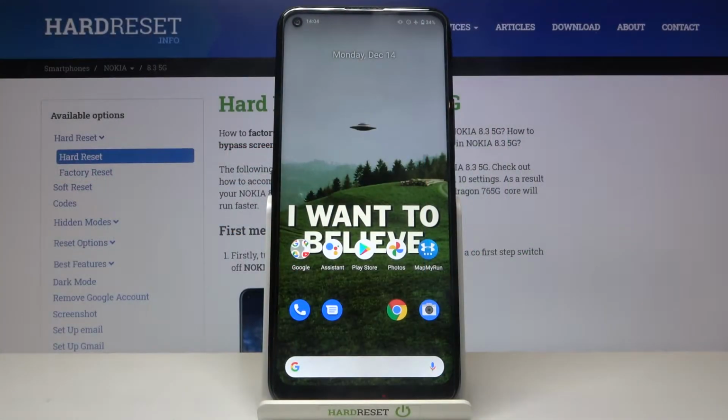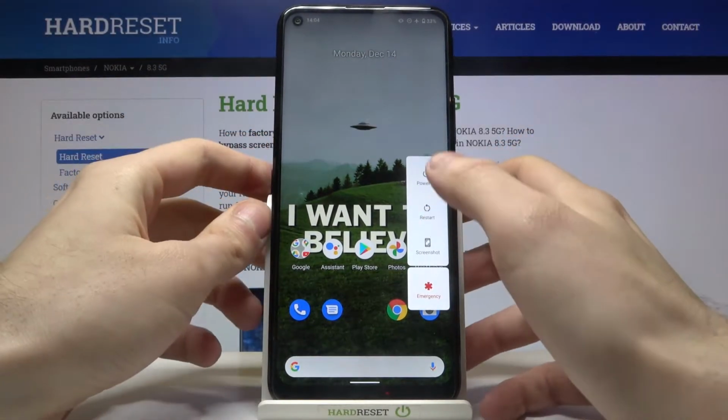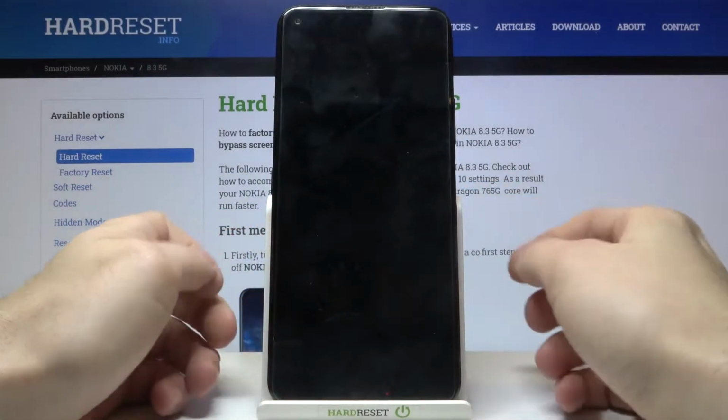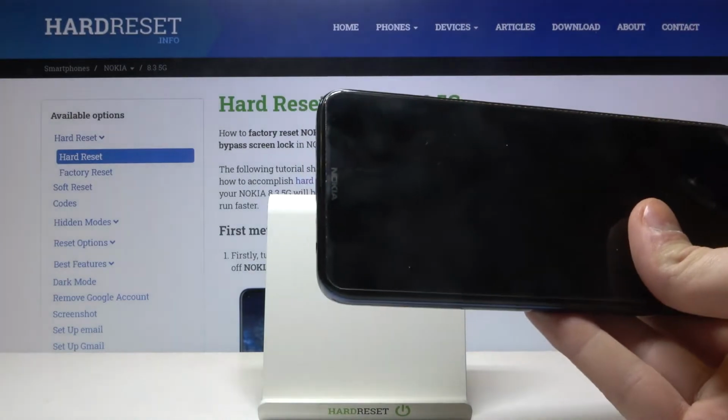Here I have Nokia 8.3 5G, and today I'm going to show you how to enter boot mode on this device. So first of all, what you have to do is to turn it off by holding the power key and tap power off. And after it turns off completely, what you have to do is to connect